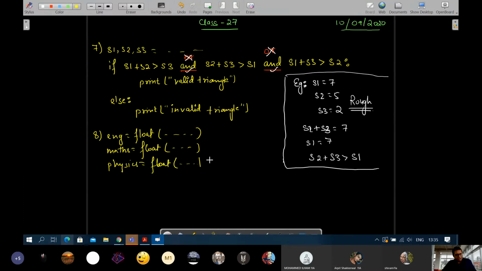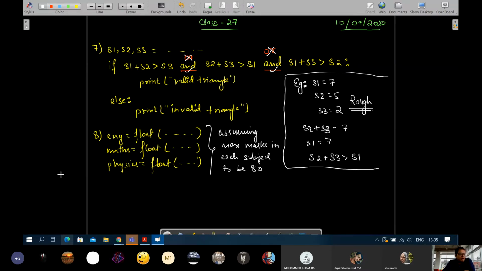And we are assuming here what we are assuming, max marks in each subject to be 80.